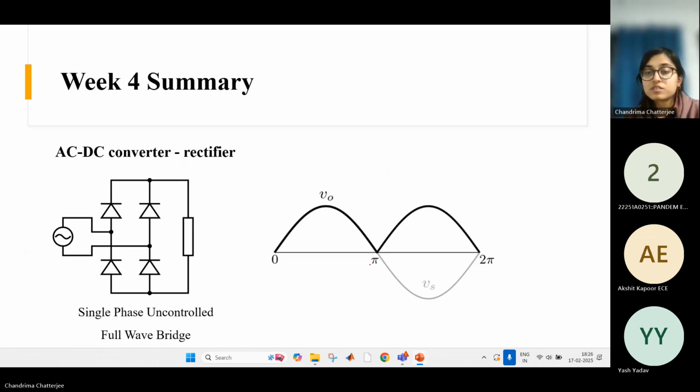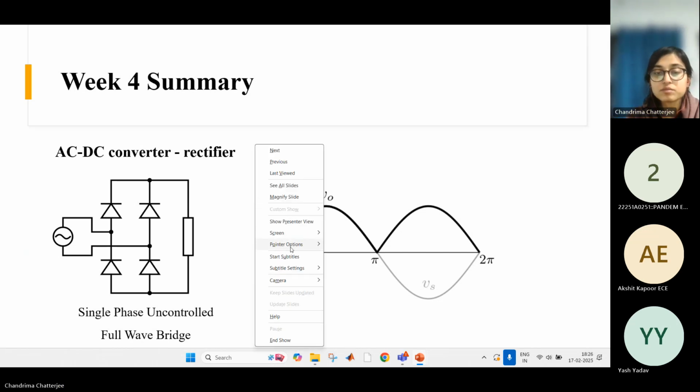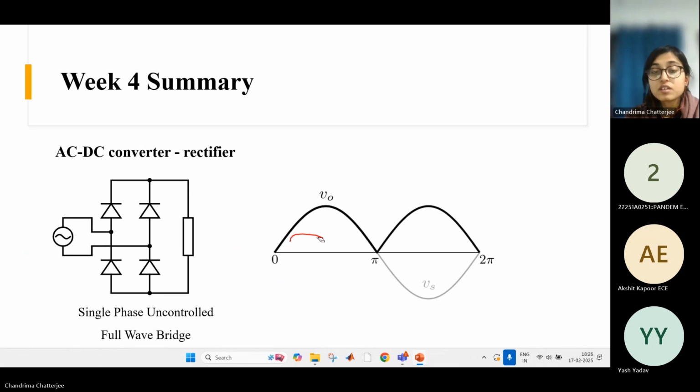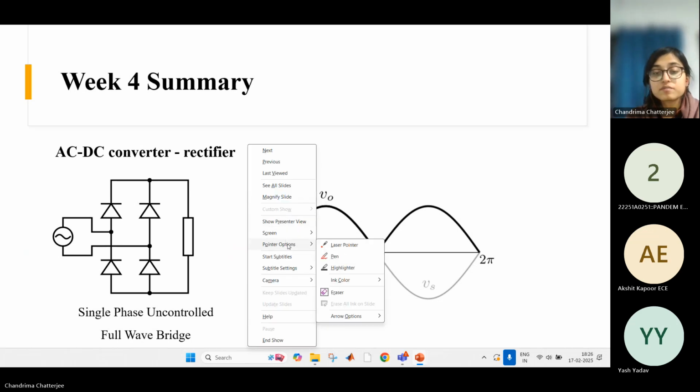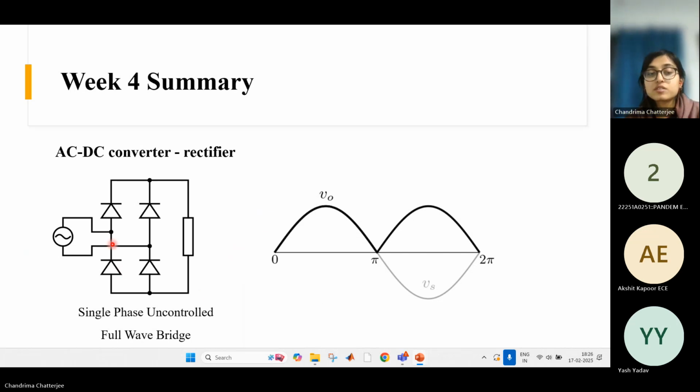So here I have shown you. So this is the bridge rectifier. Here you notice that we have the voltage at both the half cycles. This is our source voltage. In the positive half cycle, these two diagonal diodes conduct, and we can have this output voltage across the load, which exactly takes the